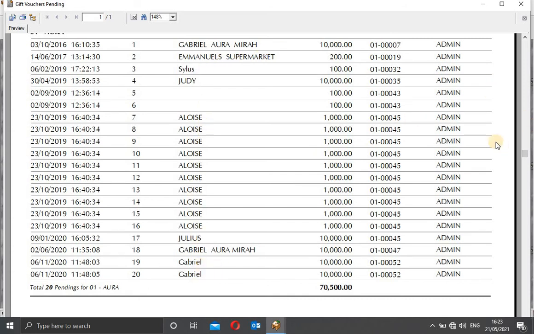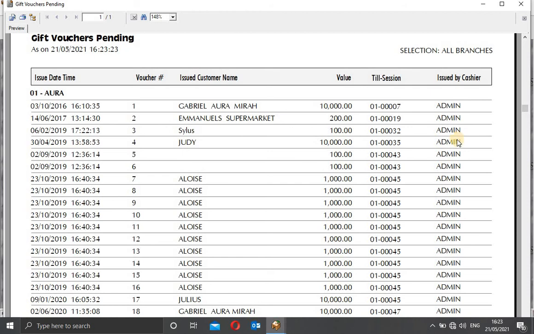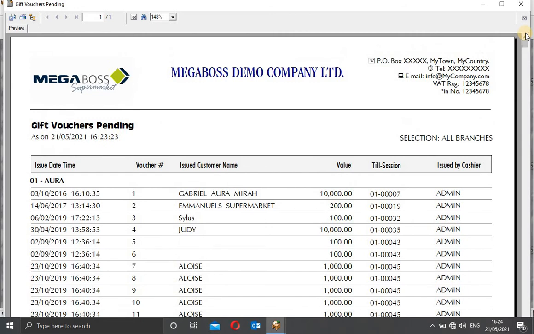You are able to see the name of the cashier that issued the gift voucher, from which till, the value of every gift voucher, and of course the name, the voucher number, and the issue date. So this is just a list to show you how those gift vouchers were issued.